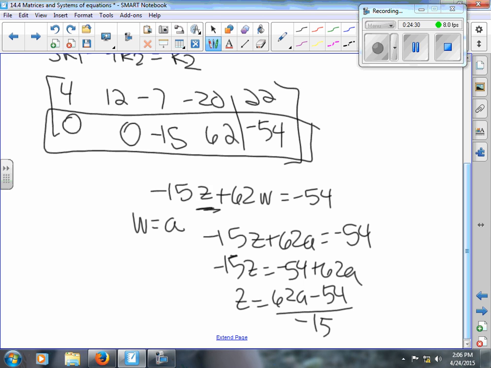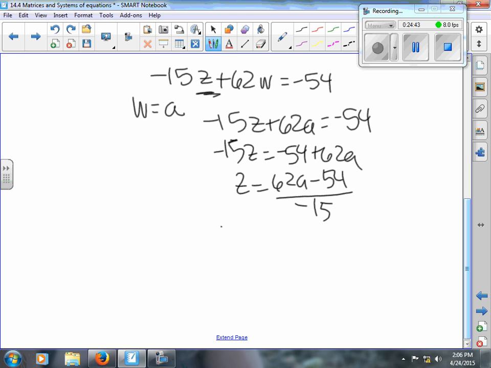Now I can substitute that into the top equation, and I think I have to let y be b, and then I can solve for x in terms of a and b. And this is turning into a little bit of a nightmare. So let's pause this and let's work on this when we get to